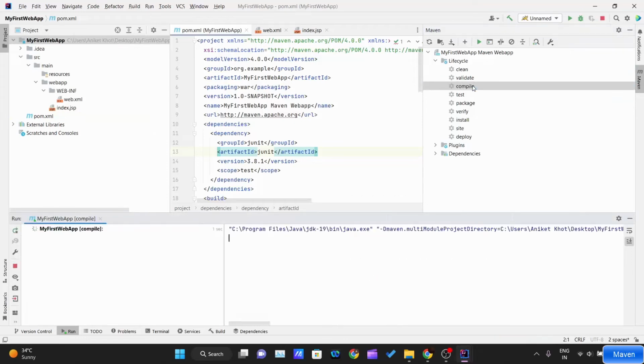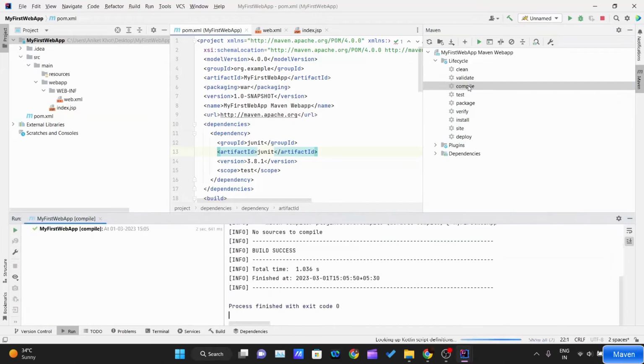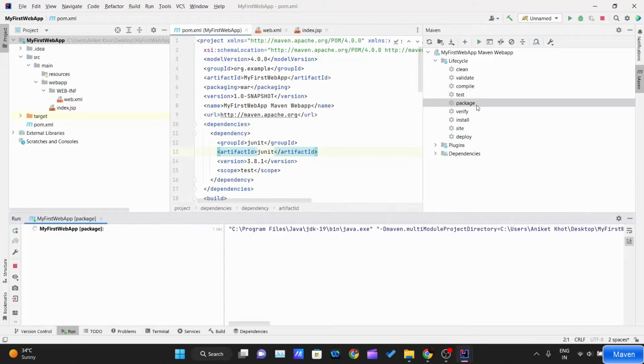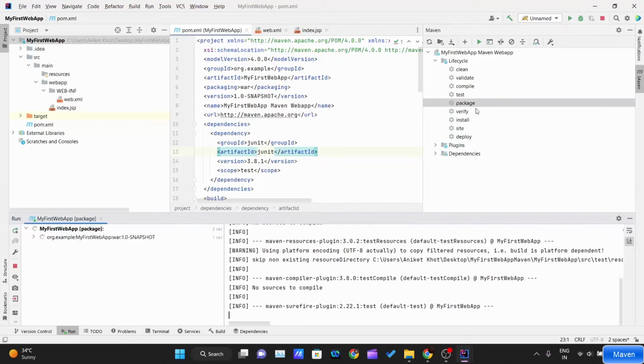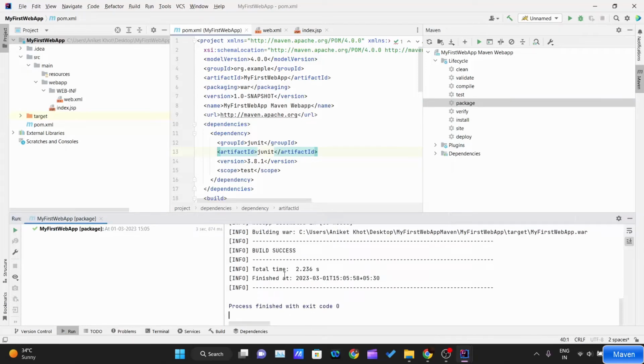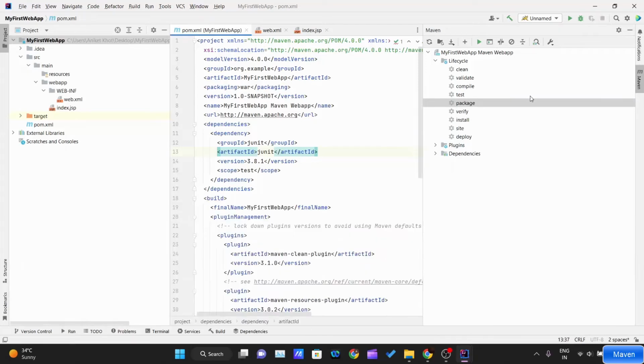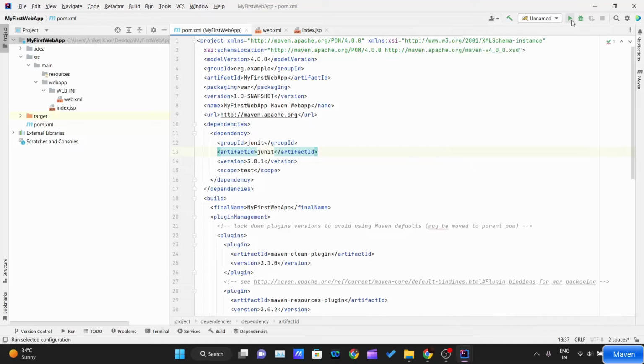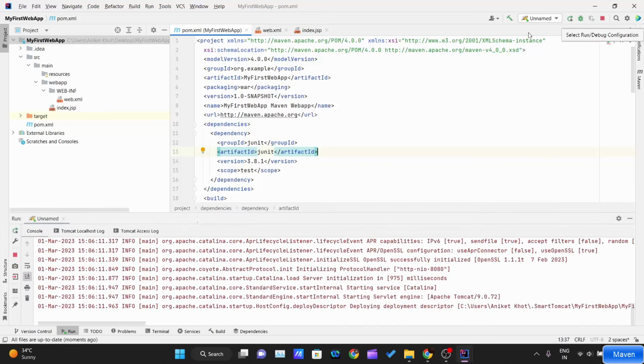Click on clean, then double click on compile. Okay, after you see build success, now you click on package. Okay, so after clicking on package, you see build success. Now we are good to go, and if you just click the run button by selecting the Tomcat server